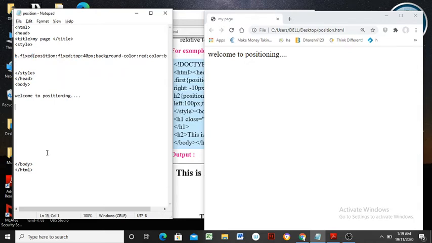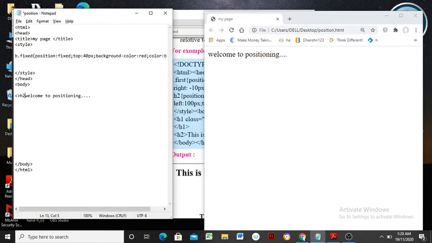Here I have given a single sentence, welcome to positioning. It is displayed in the browser's window, no doubt. If you want to apply an effect such as heading levels, one can apply it.